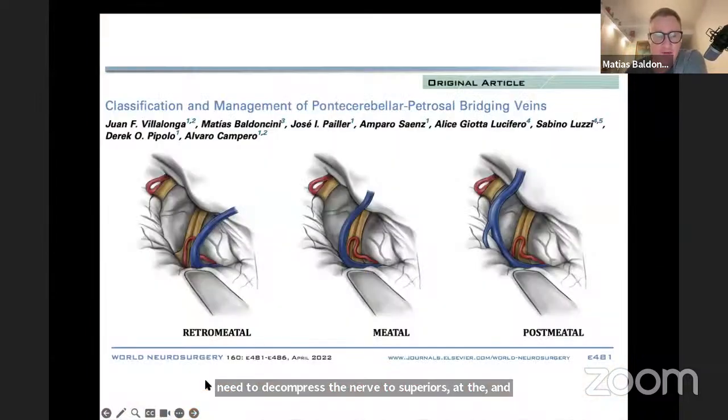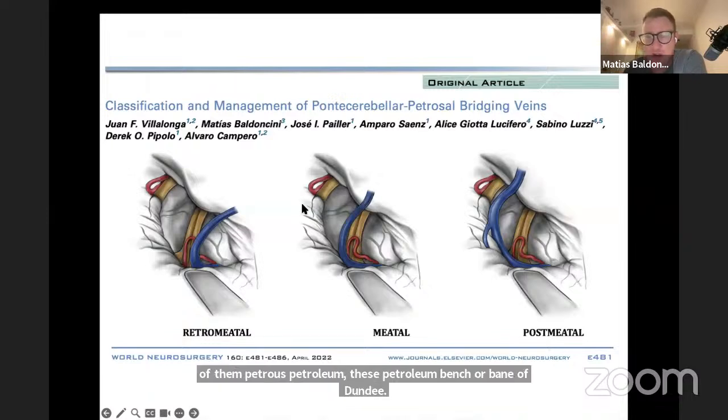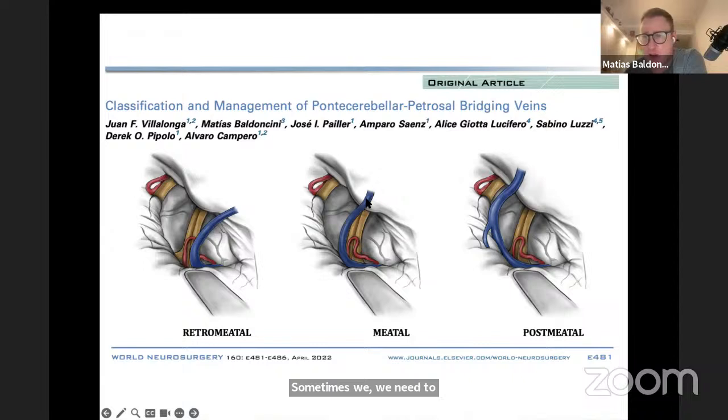when we need to decompress the nerve from superior cerebellar arteries displacing the trigeminal nerve downwards. That's really frequent. And we must not forget that sometimes these petrosal veins, or vein of Dandy, need to be dissected in order to reach the trigeminal nerve, or sometimes this vein, in a medial location, these postmeatal veins, can be in close contact with